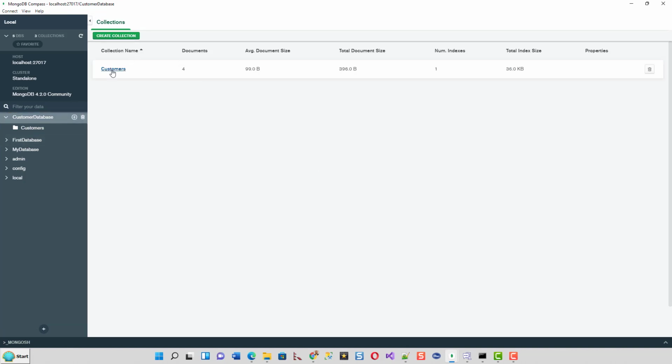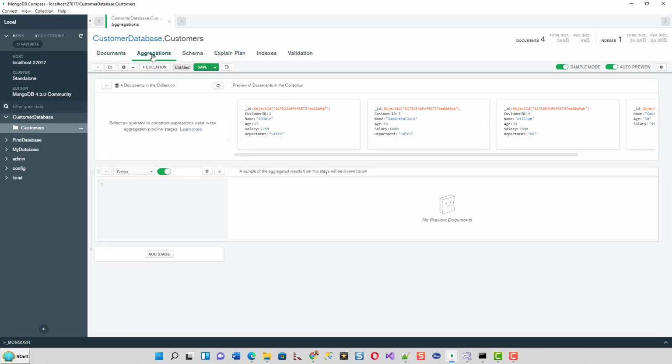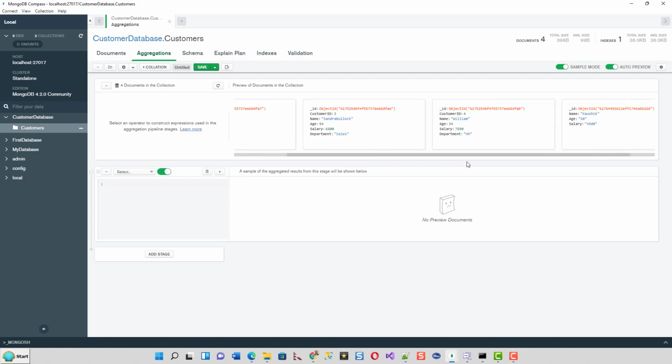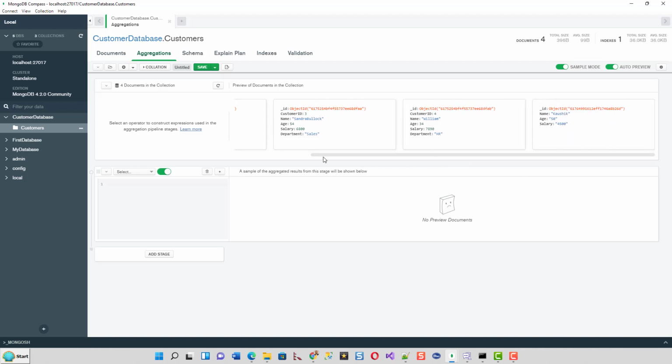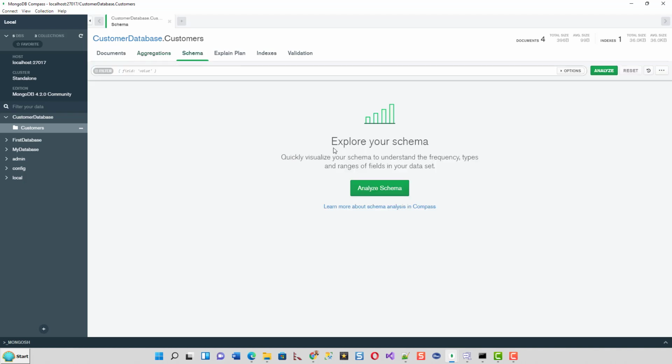Now customers collection within the customer database. If you click on this tab, you can see that it is a preview of documents in the collection already there. It's a preview of all the documents within the collection. Okay, so 4 documents in the collection. If you have already deleted something, it will refresh. Okay, and schema. So you can explore your schema, quickly visualize your schema to understand the frequency, types and range of fields in your dataset.